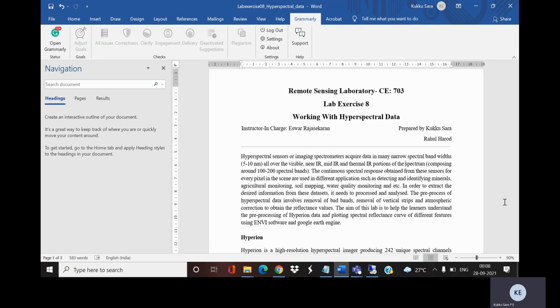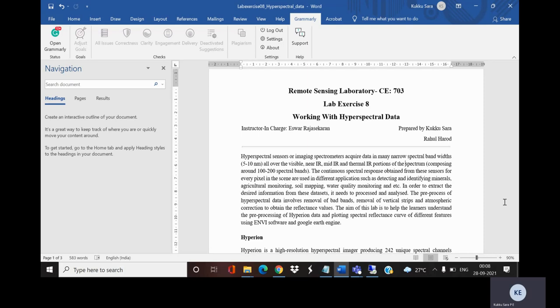This speciality of hyperspectral imageries enables us to plot a continuous spectral response curve for each and every pixel in the imagery, and the information from these spectral response curves can be used for many applications such as detecting and identifying minerals, agricultural monitoring, soil mapping, water quality monitoring, etc.